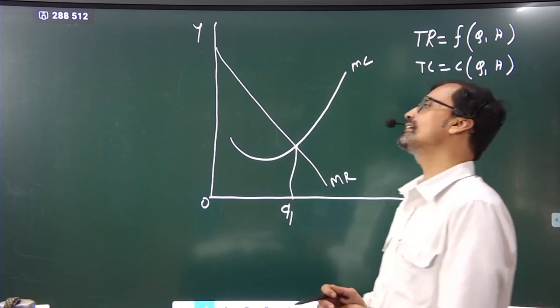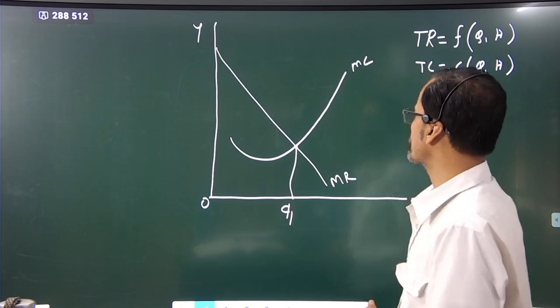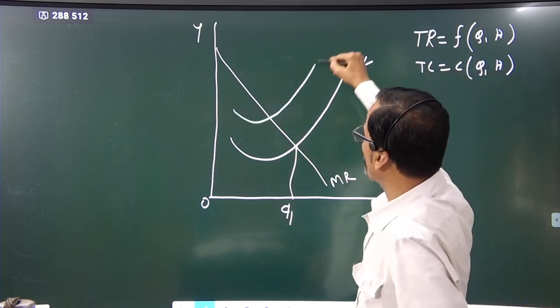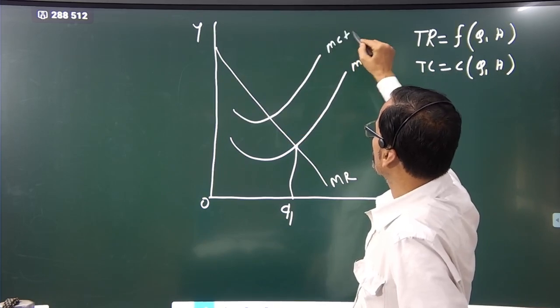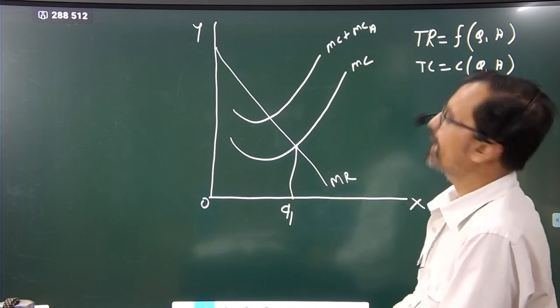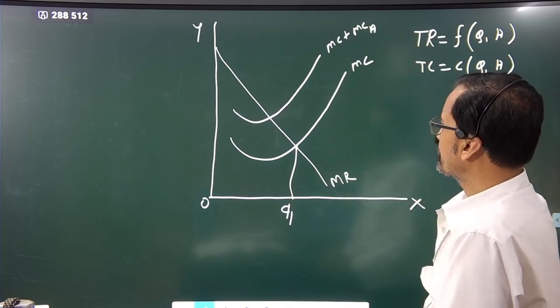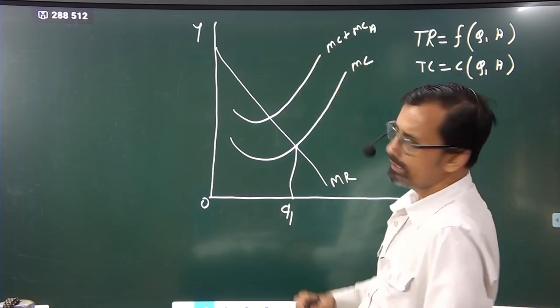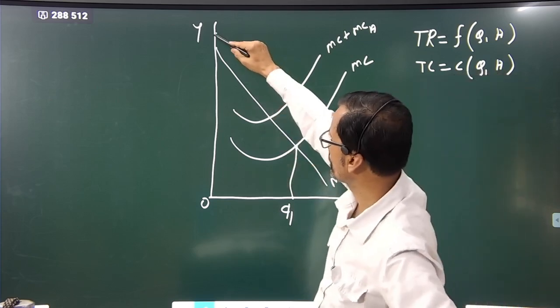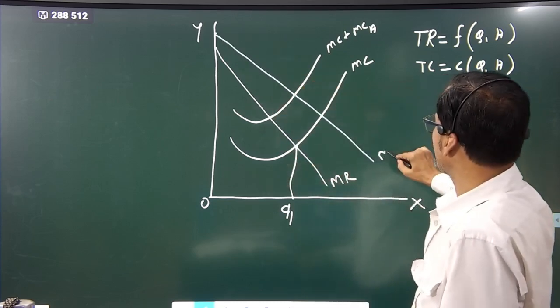Now, if there is advertisement cost, obviously this marginal cost curve shifts upward, and the higher level marginal cost will be tangent to a higher level marginal revenue curve,